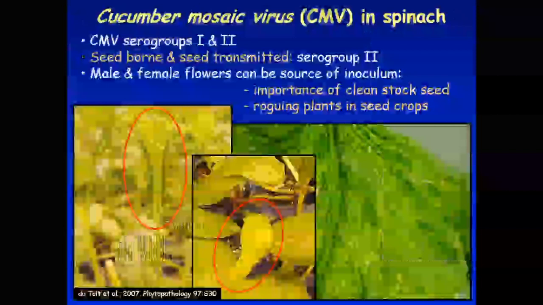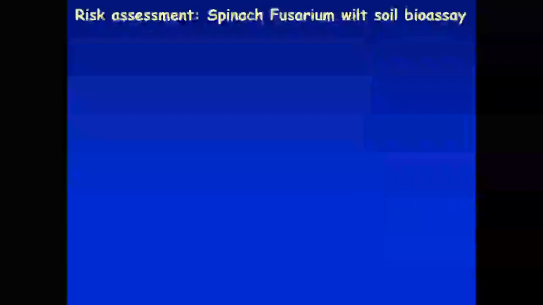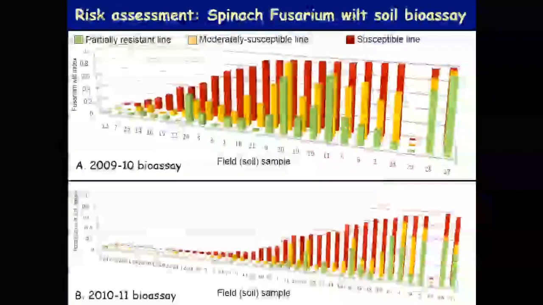Anyway, I'm going to quickly get to one of the things we did with spinach Fusarium wilt. I mentioned our growers are on these very long rotations. We're trying to manage this with liming. And we now offer a soil bioassay to our spinach seed growers. Every winter around this time of year, December, if growers are considering planting spinach in a field and they're worried that the risk might still be too high, they can bring us a 5-gallon bucket of soil randomly sampled from that field.